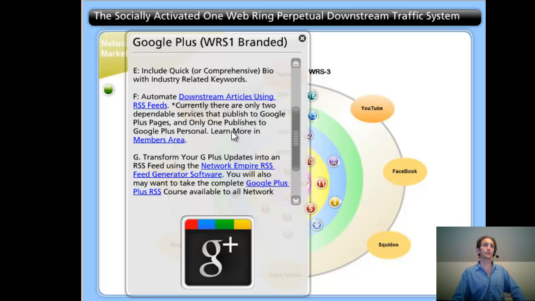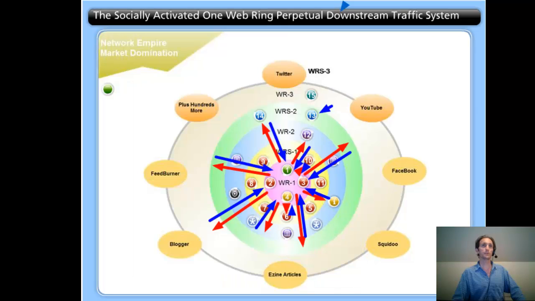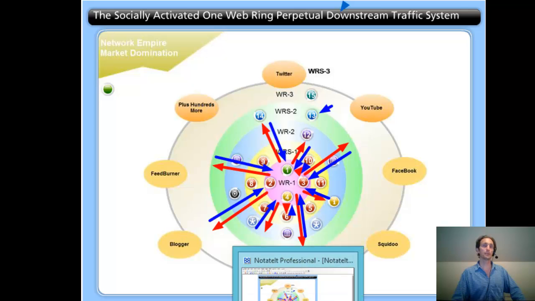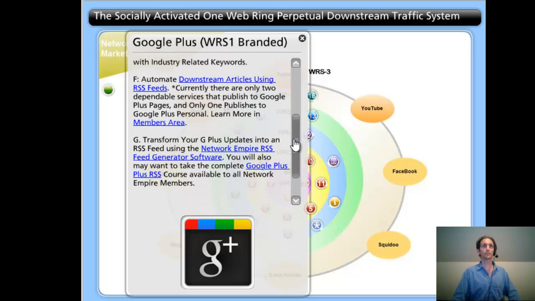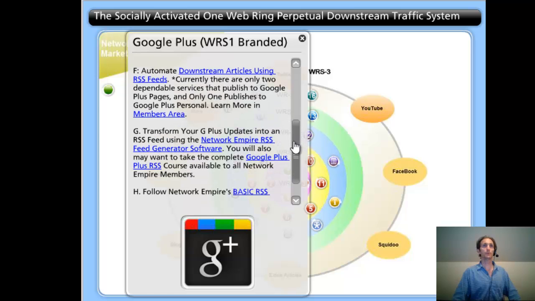Okay, and you want to focus on the whole downstream content delivery from ground zero that we discussed in the last video, with the blue arrows being the traffic back to your site that comes from the red arrows, which is your downstream traffic. Google Plus is simply another microblog platform in which you can syndicate snippets or portions of your article or abstracts from your article downstream. And at that point, you'll be ready to